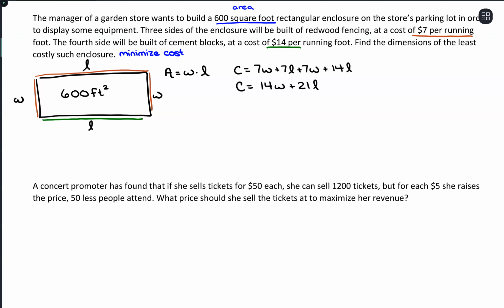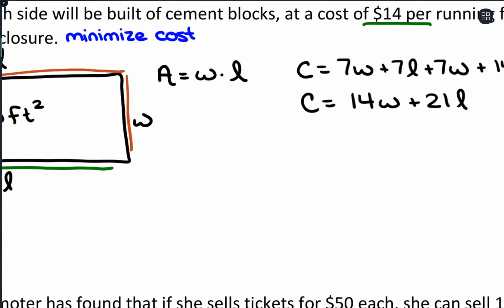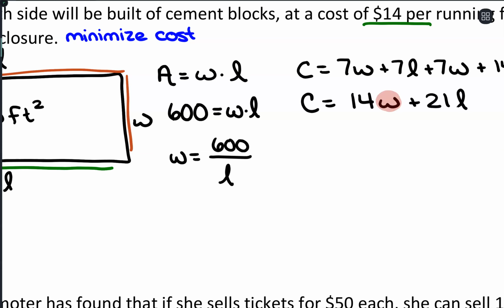However, I have 2 variables, so this is where I want area to come in to help me simplify in terms of 1 variable. So the area is equal to 600, so 600 is equal to width times length. From there, I can solve for width, I could solve for length, it doesn't matter, I just need to solve for one of the variables. Let's solve for W. So W is going to be equal to 600 divided by L. So what I'm going to do is substitute into W in the cost equation. So C is equal to 14 times, instead of W, I'll have 600 over L